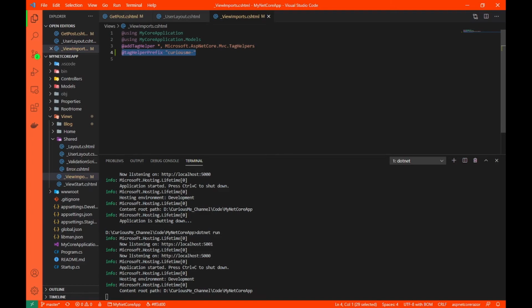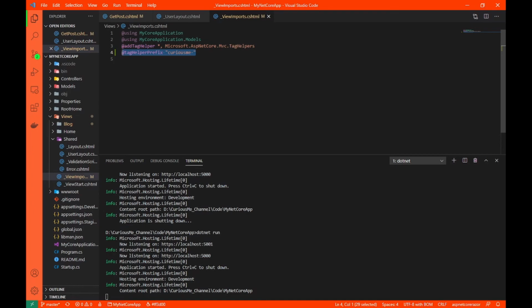So that's all about tag helpers, and I tried to keep this video as short and concise as possible. It is not possible to cover all of the HTML helpers and tag helpers, but this is an idea and we will be using these moving forward. I just wanted to give you an idea as to what is an HTML helper and what is a tag helper, so that when I use these terms in future, you understand.